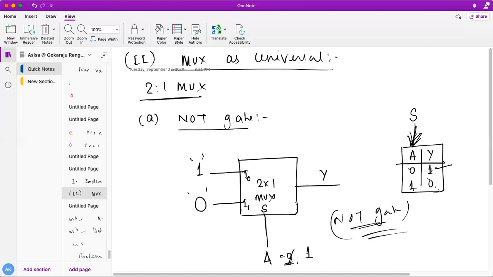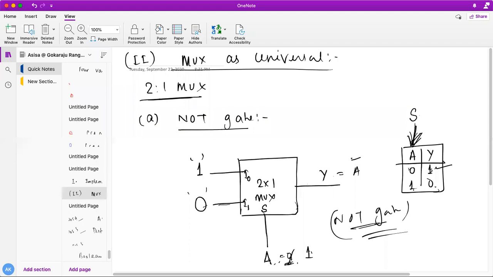at Y. So if I put 1 on the select line, what will be selected? I1 will be selected. So if it is 1, I'll be putting 0, so then Y will be 0. Okay, all of you understand? So if it is A, I'll be getting here A bar. All of you understand, or any doubt, students?